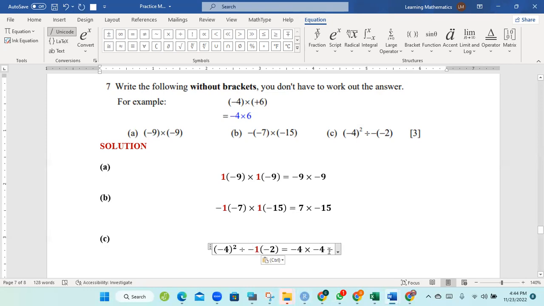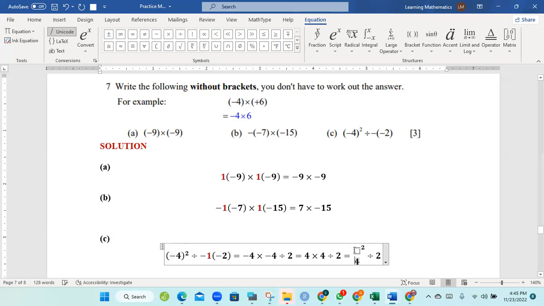A negative times a negative is a +2. So that's divided by a +2. Now a negative times a negative is a positive. So that's basically the same as 4 times 4 divided by 2. It's the same as 4 times 4 divided by 2, because -4 times -4 is 16. 4 times 4 is 16. Now it said do not work it out. 4 times 4 is the same as 4 squared divided by 2. So without the brackets, this is 4 squared divided by